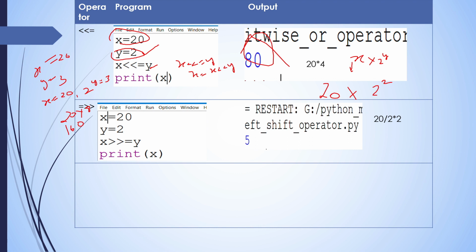Now we will see it in a practical way. Here I am taking a variable x equal to 20 and y equal to 3 to check the answer that I calculated previously.